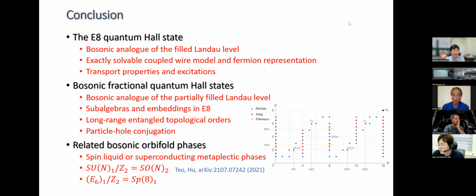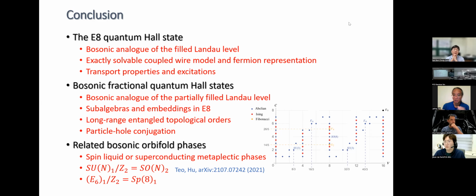As of now, I only have coupled-wire versions. So if you're happy with a coupled-wire, highly anisotropic exactly solvable model, then yes, I can write down a spin liquid model, either from pure spins or from electrons, by gapping out the charge degrees of freedom of the electrons but leaving the spin degrees of freedom that allow us to construct from it the E8 spin liquid state. So the answer is yes, if you allow me to use a coupled-wire model.